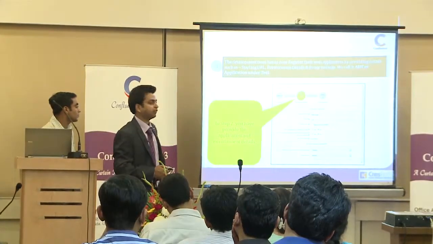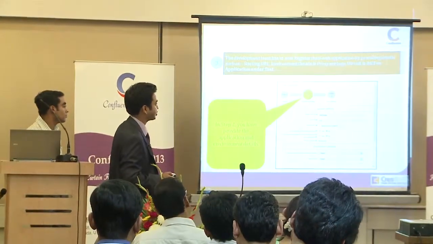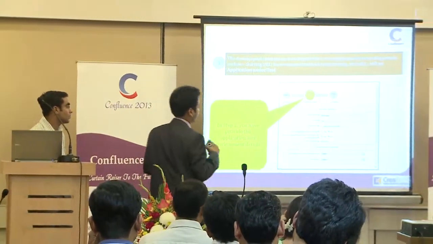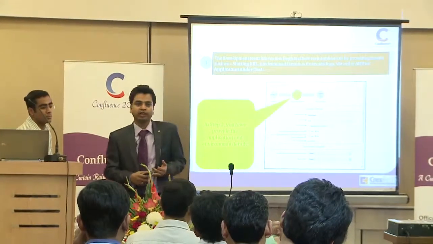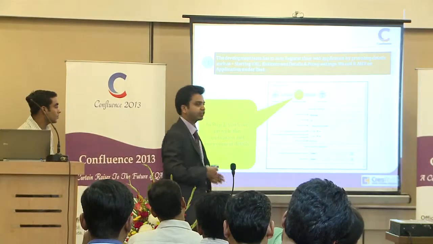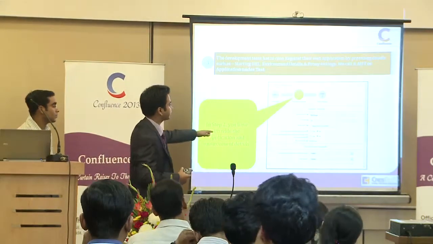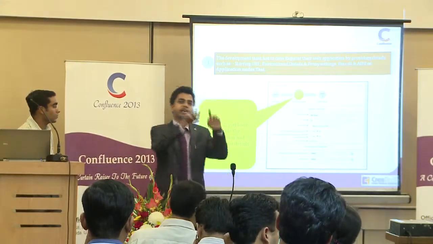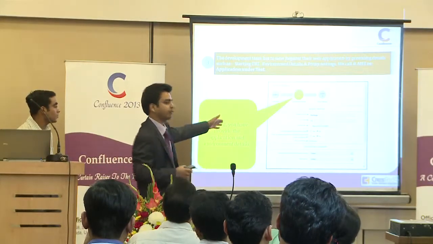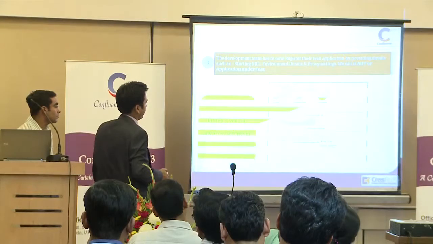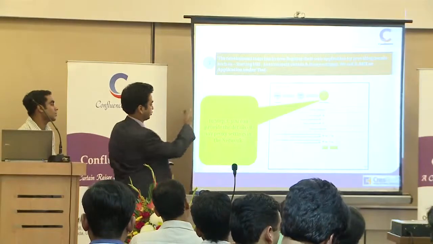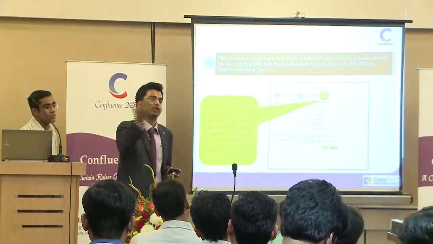Step 2 is to give the environment details. As Jitin already mentioned, there are some mandatory fields which are required, like the starting URL, and whether a login is required or not. In case a login is required, what are the credentials to log into the system, and whether multiple logins are allowed with the same credentials. Then there are some specific details regarding the environment that help the entire platform to run specific tests on your application, for example operating system, web server, application. And finally, in case there are any proxy settings or a proxy server placed out there, you can also specify it. The system can read it and direct the request to a proxy.